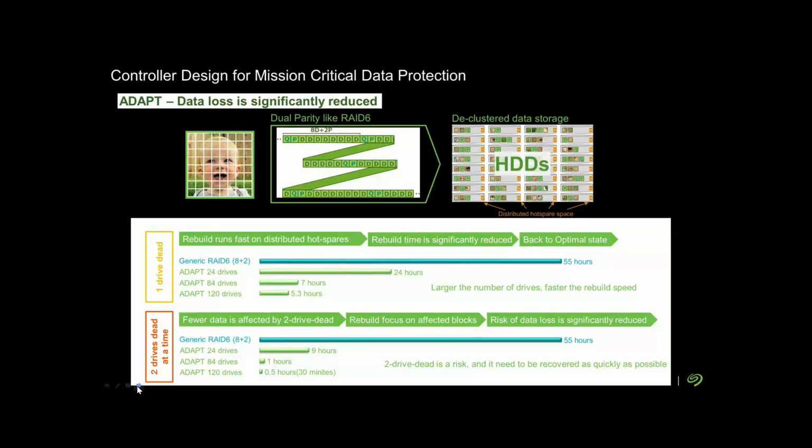We have a technology that we are very proud of. It is a technology that we believe is very important for many industries. It's called ADAPT. ADAPT is based on erasure coding. So instead of doing RAID, where you have a parity and you have a hot spare, we do not do that. We actually spread our data